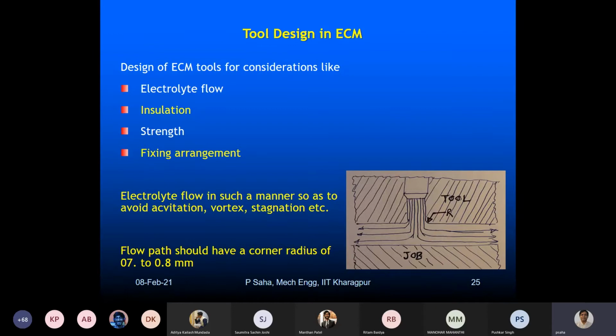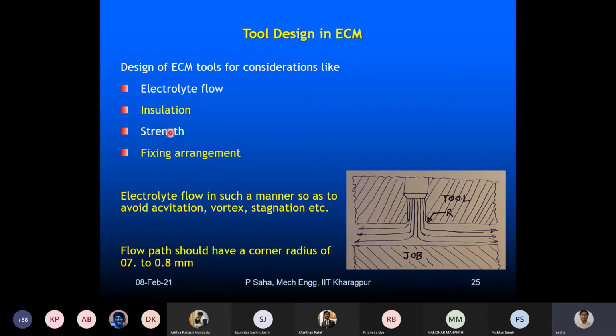But apart from that, there are a few other considerations while fabricating the tool for electrochemical machining. These considerations will be based upon how the incoming electrolyte flows through the tool and eventually fills up the inter-electrode gap. This is one thing. The second thing is the insulation. We'll discuss this. The third thing is the strength of the